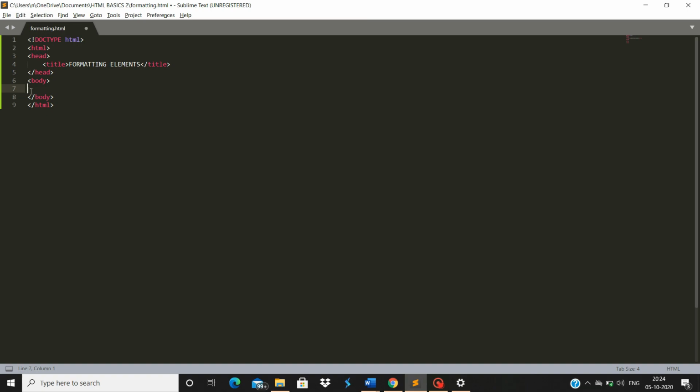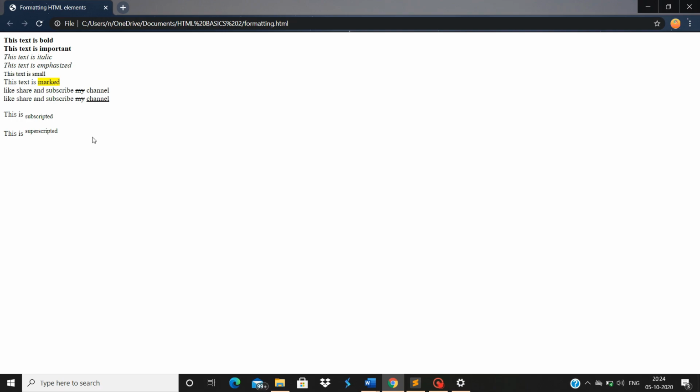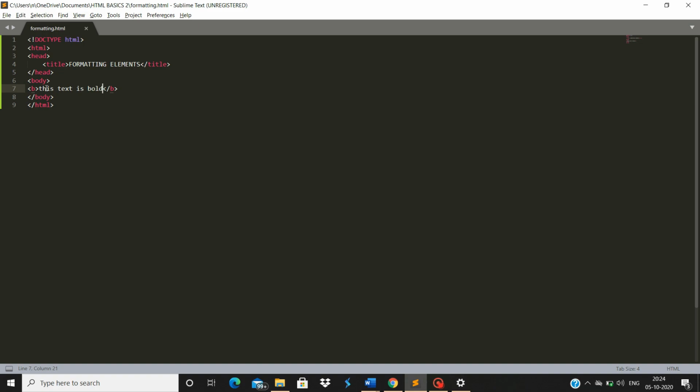So first the bold element. This text is bold. See, this is how it comes when we use the B tag, the bold tag. I'll show you its difference without the bold tag.